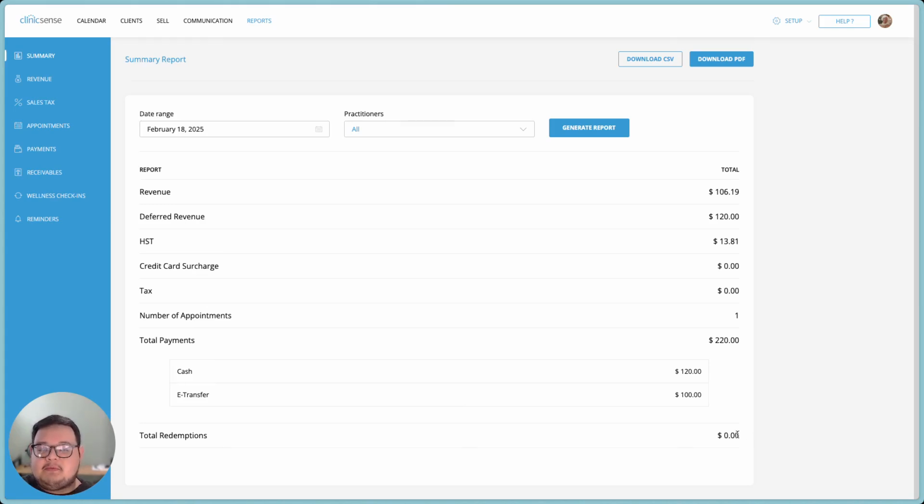Lastly, you'll be able to export the summary report by clicking on the Download CSV or Download PDF buttons on the top. I hope this helped explain the summary report,